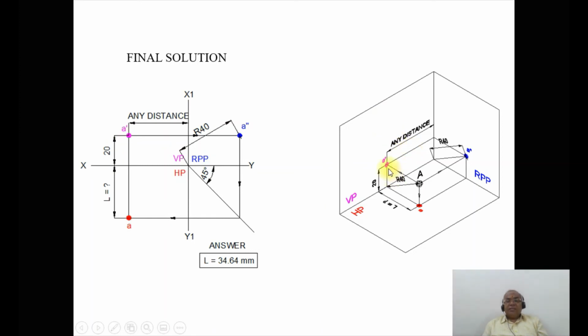as we know, the distance with respect to the profile plane has not been given, so you can take any distance and draw a vertical line parallel to the X1 Y1 line at any distance. Then by using the